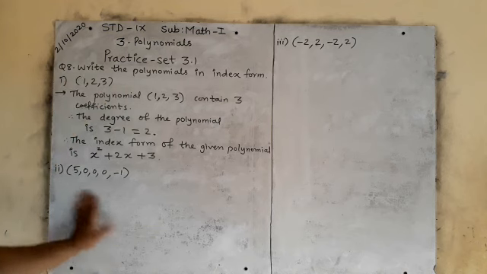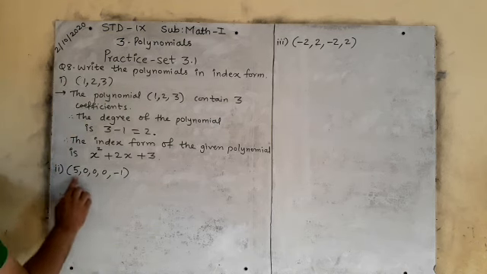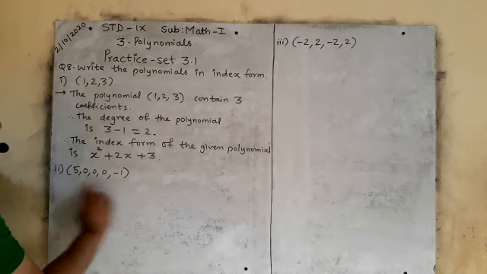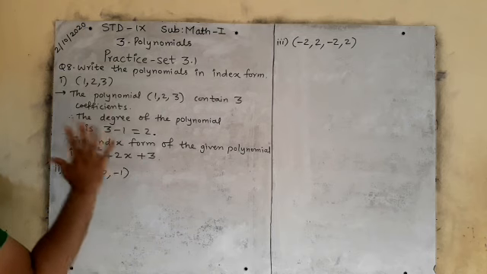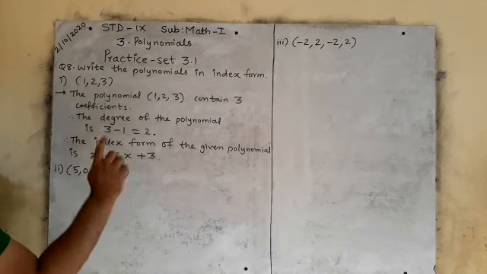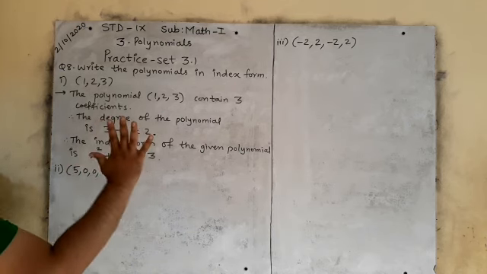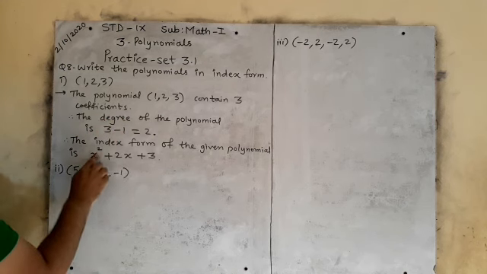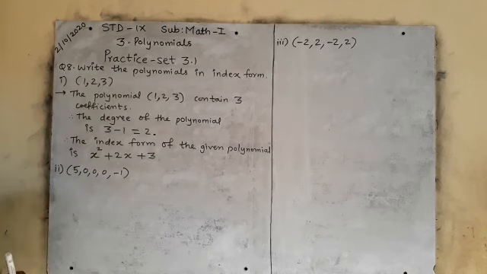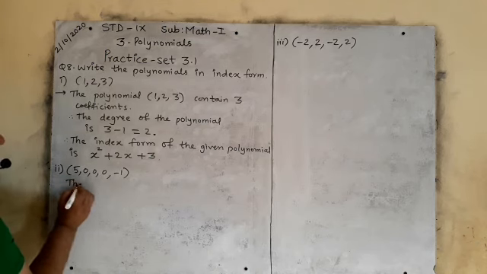Now see, this is the polynomial given to you. See, 1, 2, 3, 4, 5. Total number, how many? 5 coefficients. So you will say 5. The degree of the polynomial is 5 minus 1. So how much? 4. It means if you use x here, the degree of x will be 4. Is it clear? Now see, again I am saying, first you will write the polynomial.